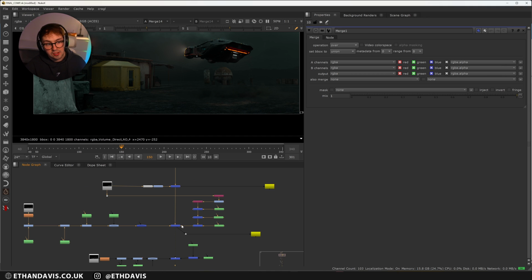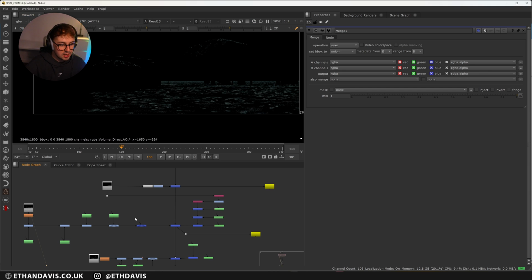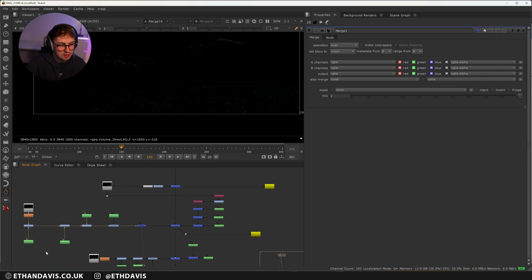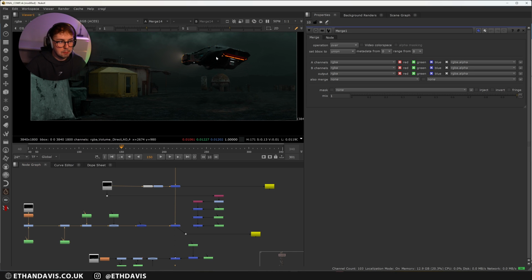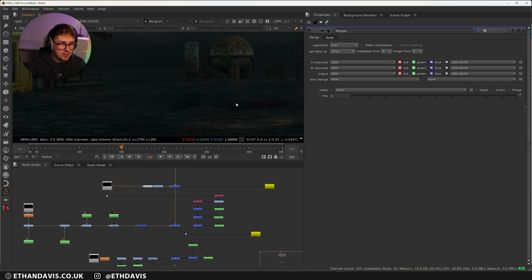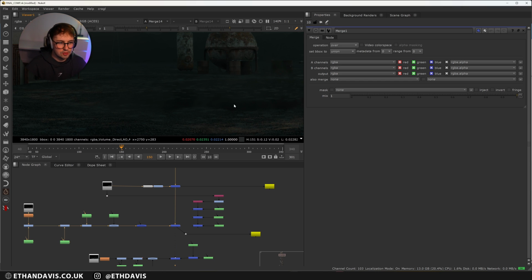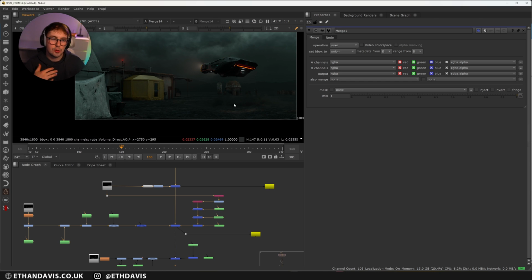And again, this looks crazy, but it's really not. So this is my rain, and I essentially just graded it a lot with loads of different roto masks. And then I also did a mask for the actual over. So if I unplug this, you'll start to see I get more rain everywhere, but it starts to go over the smoke and stuff like that. So I wanted to have more control of where the rain was hitting.